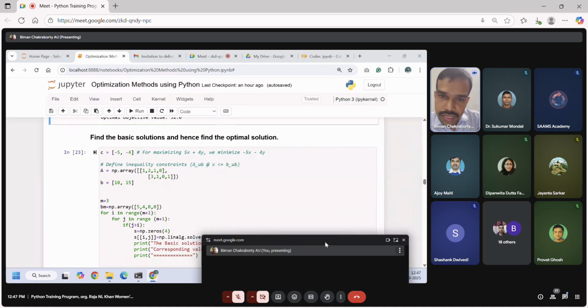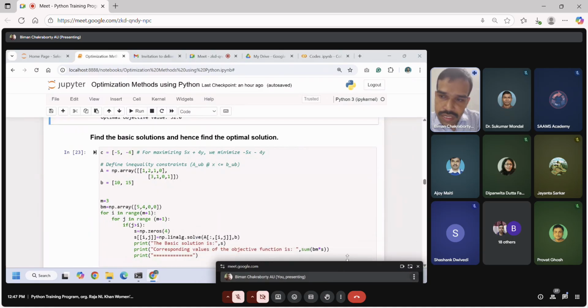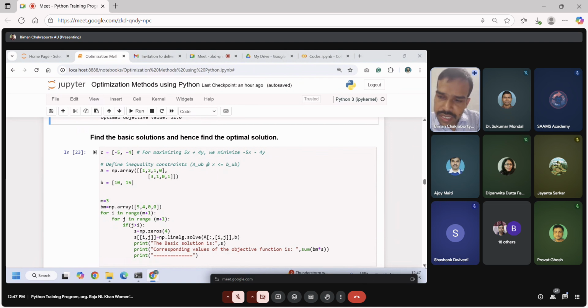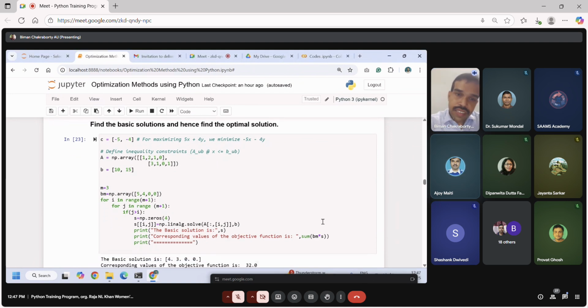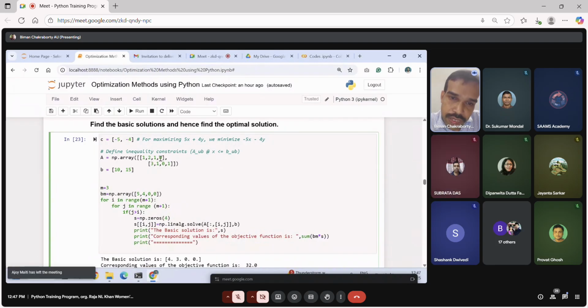So the next part is basically what I will concentrate on. This is not some inbuilt method. I will show how, in linear programming, we also find the basic feasible solution. This is basically some kind of solving of linear equations. For that, I have considered here how to find the basic feasible solution and then the optimal solution. This is the objective function, and this is the equation,